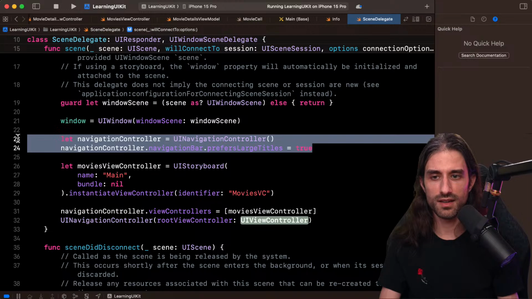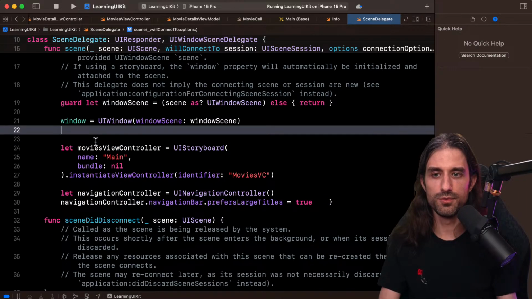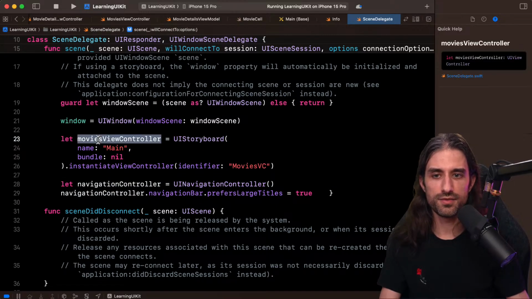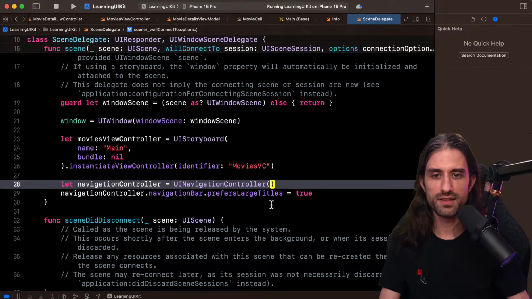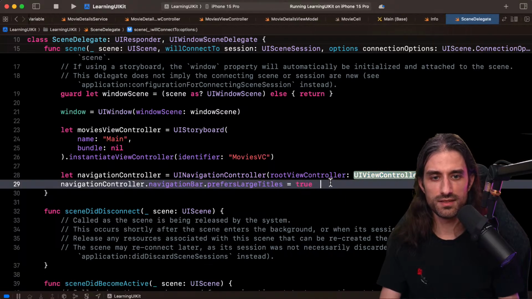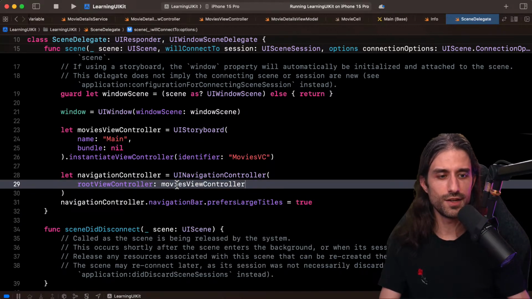You know what? Let me take this code that was above and move it down a bit. I tried to create it from the outermost controller to the innermost, but it's better if you create the innermost first, because this way when you create the UI navigation controller, you can just give it a root view controller, which will be the inner view controller.